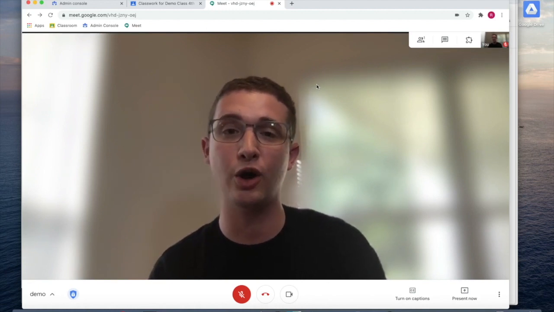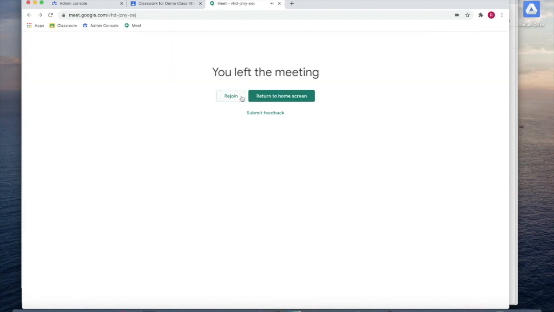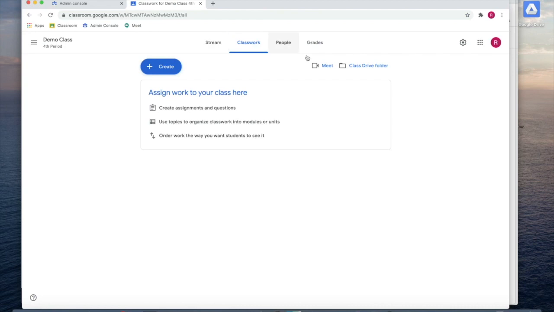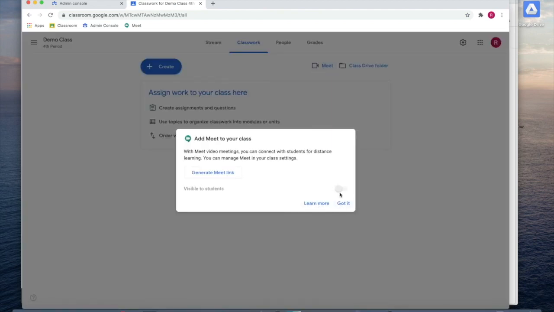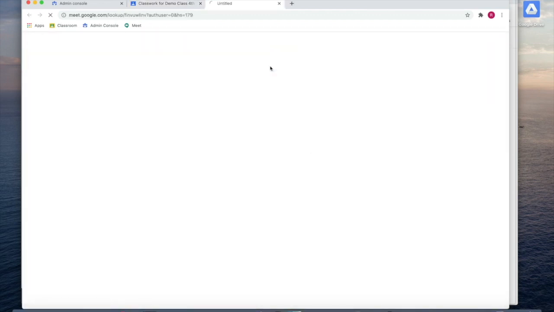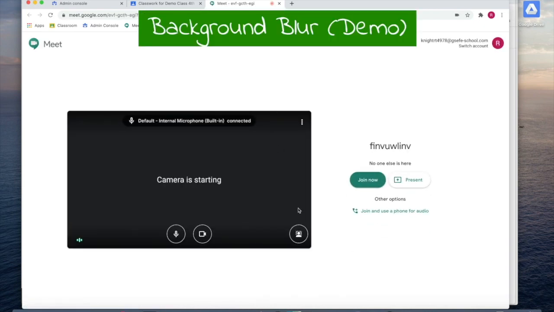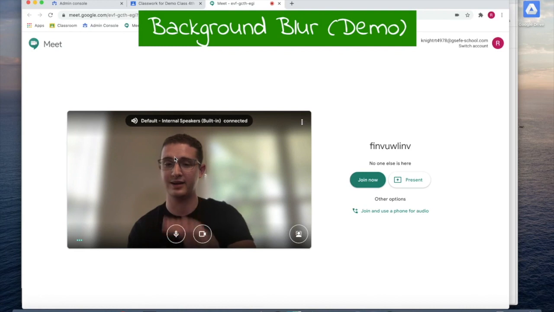To turn on background blur, all you have to do is start a meeting from your class. You can generate that Meet link if it's not already there. And start the Meet by clicking on the Meet button. And you'll now notice in your preview pane, in the bottom right-hand corner, there is a button to toggle on